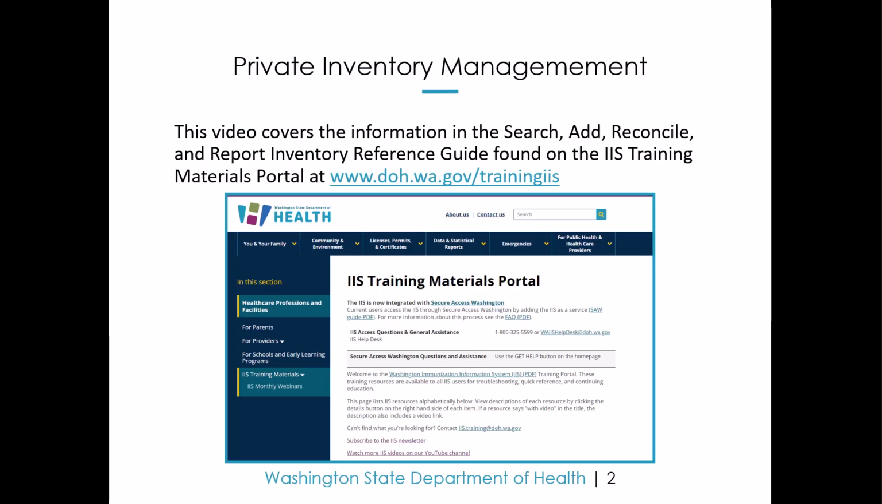This video will provide guidance on managing privately purchased vaccine inventory in the Washington State Immunization Information System, or IIS. This video covers the information in the Search, Add, Reconcile, and Report Inventory Reference Guide found on the IIS Training Materials portal at